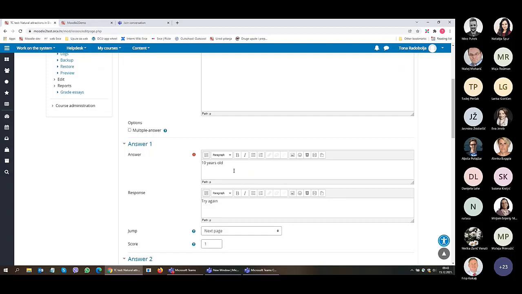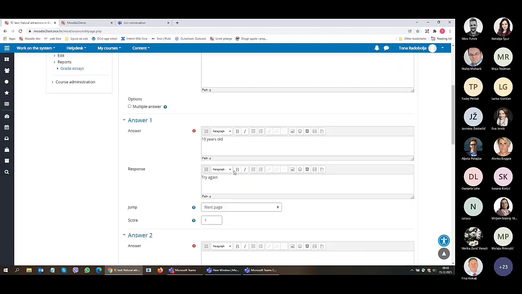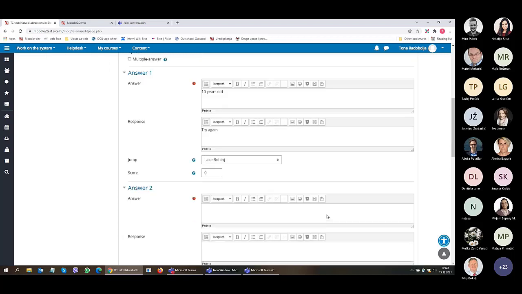Okay, so if someone chooses 10 years old, which is not correct, and I will say here 0, that means it's not correct. Where should I let him? I will take him here, and he'll have to read about Legbohin one more time. But if he